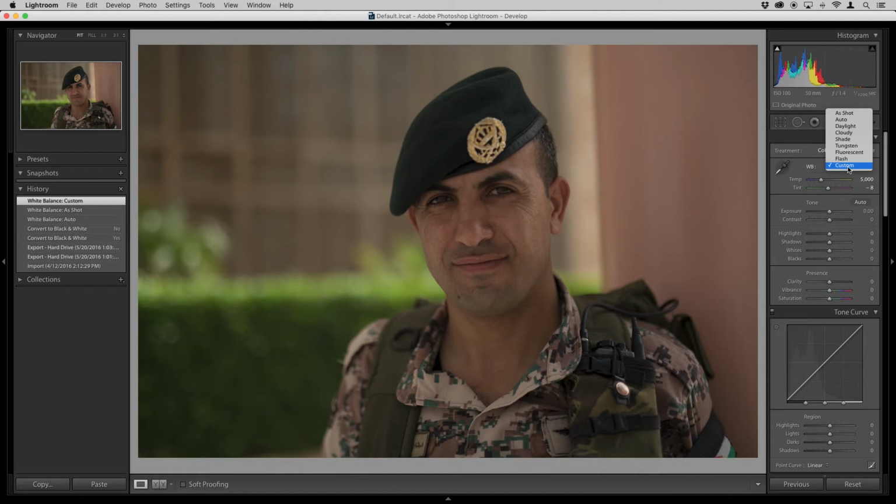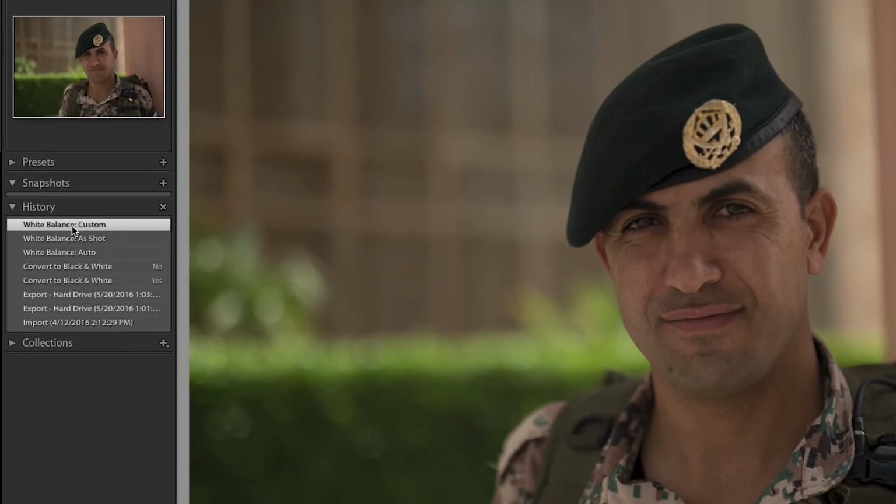I could go up here and I could go back to As Shot, but I could also go over here to the history. Now you can see in the history here, we do have all of the changes I've made to the image so far. So what I want to do is I want to revert back to this previous step. And if you look up here in the navigator, when I cycle through these different history steps, you can see the image actually changes to whatever I did to it in that particular step. So let's go ahead and choose this As Shot